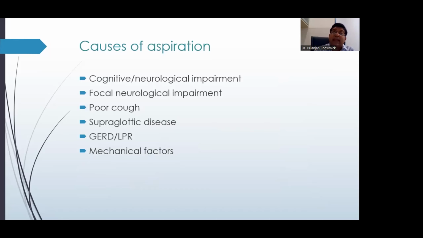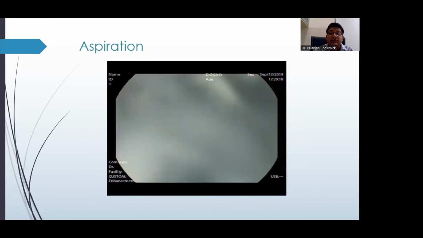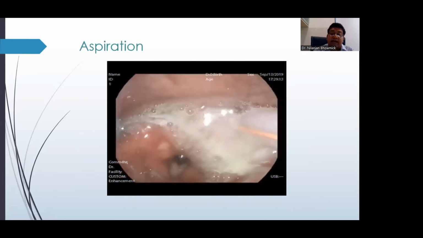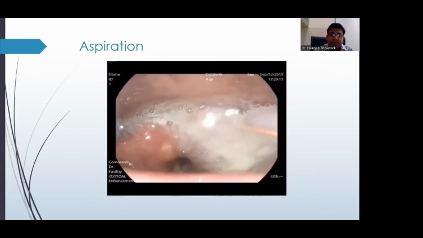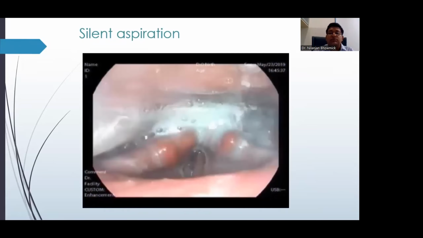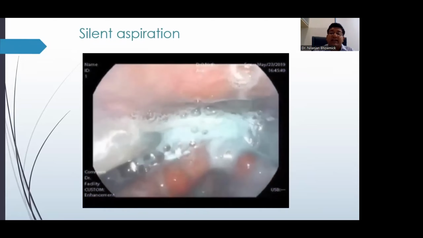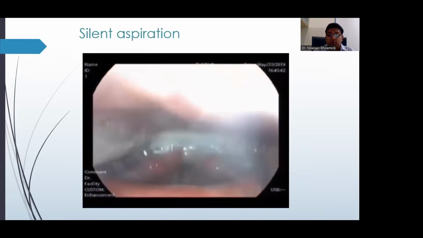can also cause aspiration, as we can see in this video out here, wherein you'll note that there's a Ryle's tube in the left pyriform fossa, there's residue buildup around the Ryle's tube, and part of the residue is going on into the larynx and causing aspiration. What is also important to note is whether the aspiration is associated with a cough or it's without a cough, which is called silent aspiration, which effectively means that the patient cannot sense the aspirate, or the patient's cough is weak so as to not enable him to expel the aspirated material, and this can be quite dangerous.